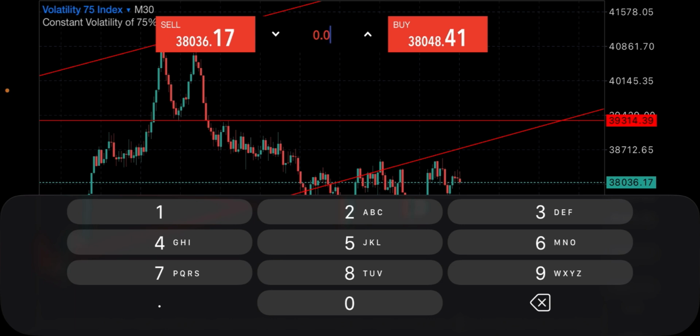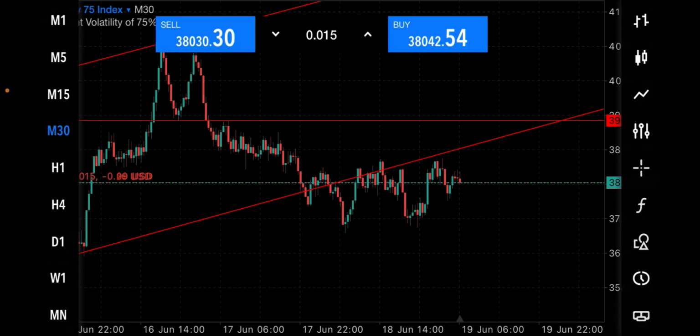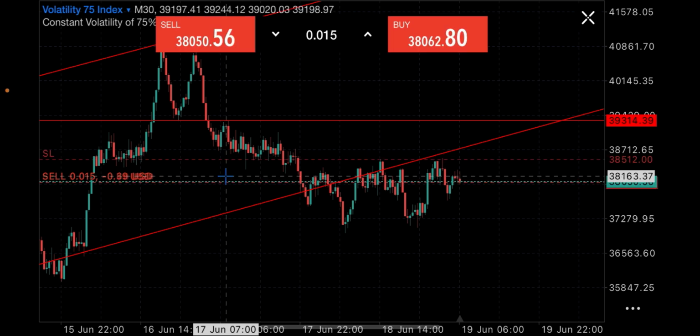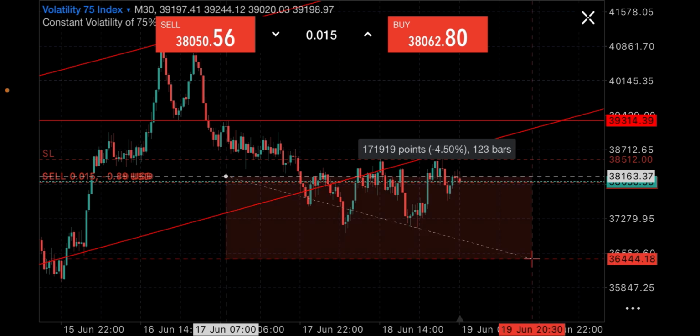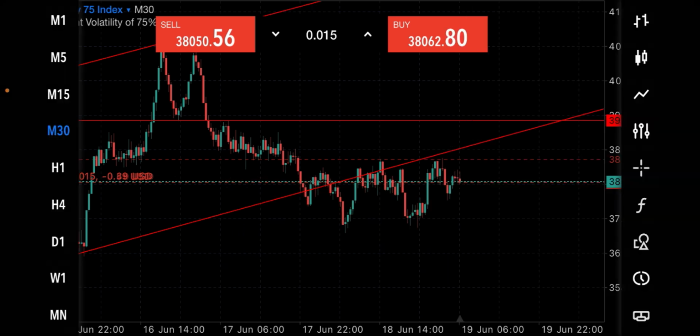So we're going to be risking little on this account, and we are going for a sell. Okay, so we've sold a few positions, and we are going to set our SL right under here. That's going to be our SL. So I'm going to set that up. All right, our SL has been set at 38512, and I want to put our take profit